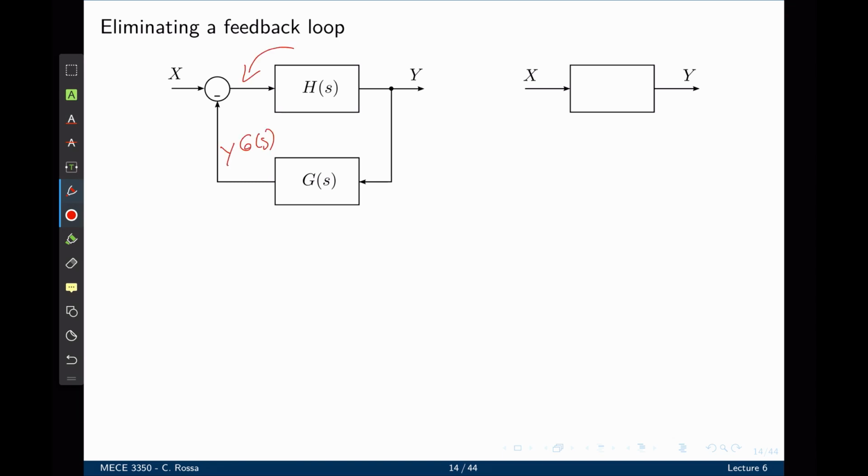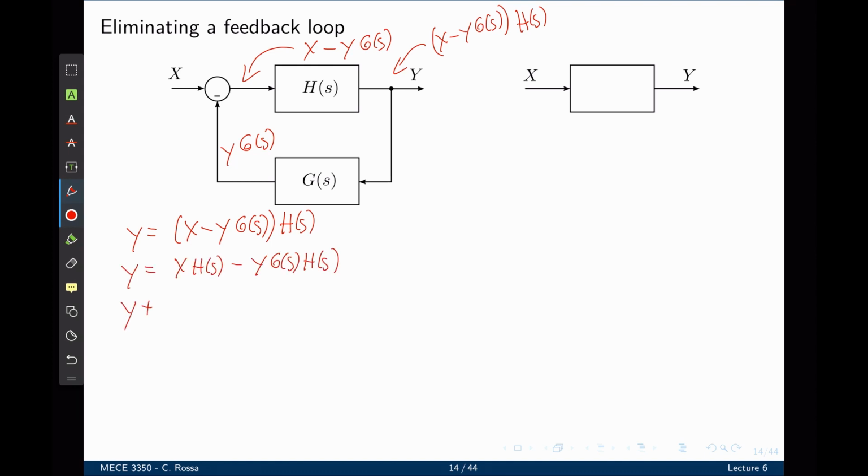Which means that the signal past the sum is x minus y times g of s. And the signal past the h of s is x minus y g of s times h of s, which is y. So the expression for y is simply x minus y g of s times h of s. Now expanding the equation and solving for y